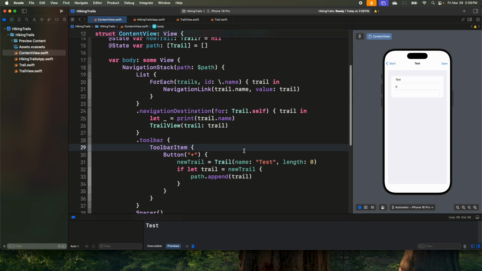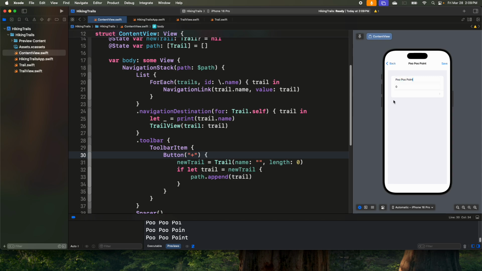We're on our test trail like this, right? With a length of 0. So we're gonna set that to empty because we don't need it, right? So we go here and we click plus. Okay, cool. We're here. We can edit and do things, right? So now we're gonna say Poo Point, right? And